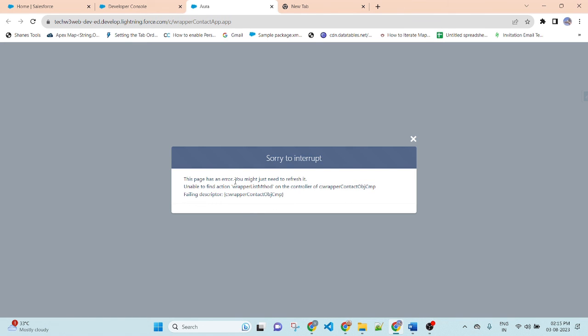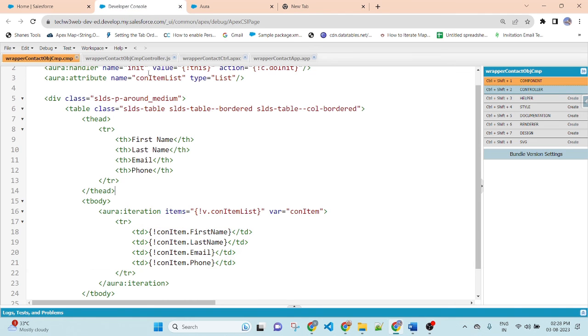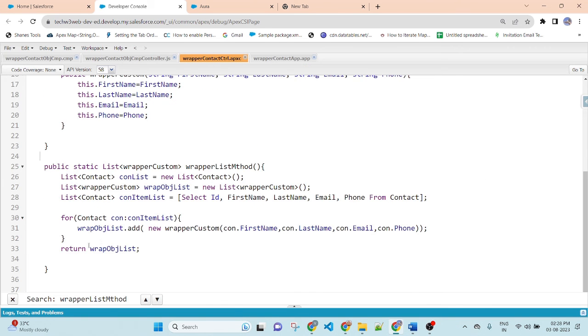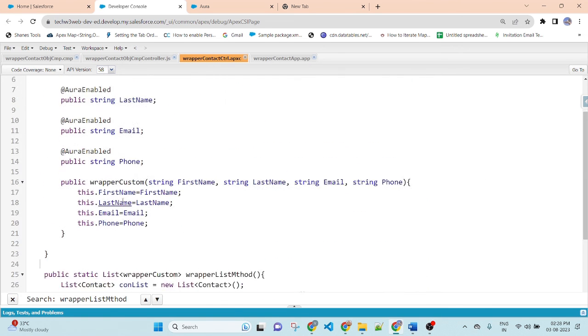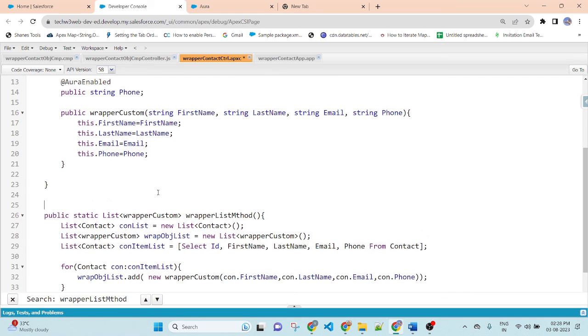I am getting an error. Let me check. Here I am getting the error message unable to find action. So the component does not find the action method of the Apex class. If you go to the Apex class, here I forgot to add the AuraEnabled.